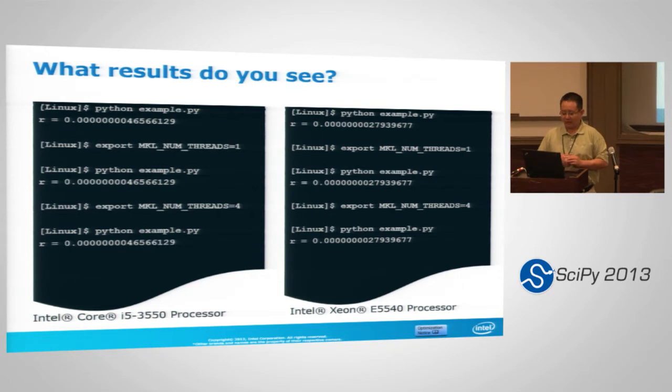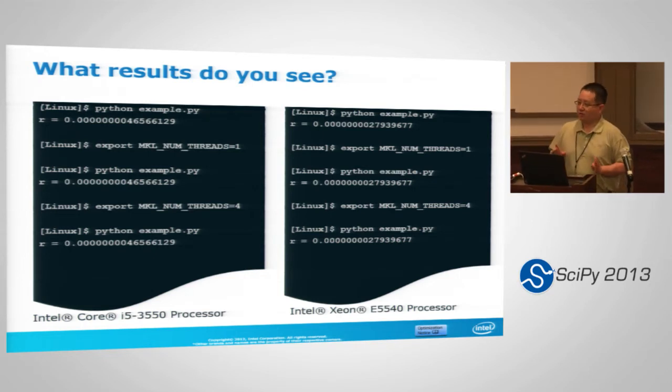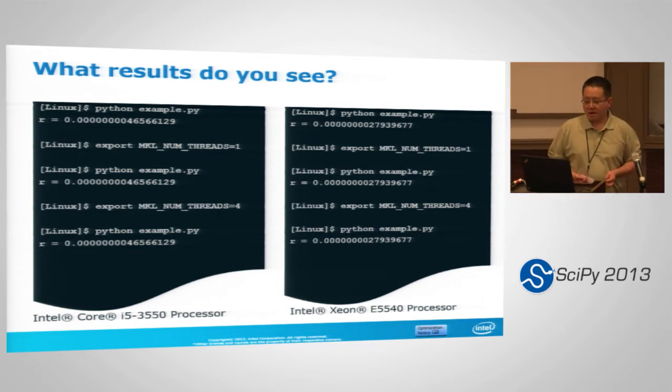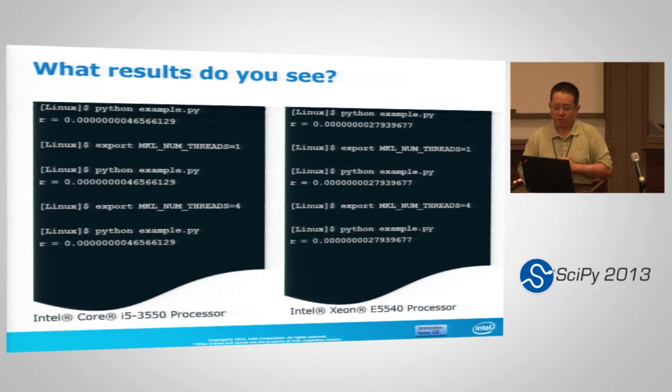So let's unify the number of threads. Let's say we just want to run sequentially on both of them. And still we get different results, right? So that means it is a reproducibility problem. Let's try different things. Let's set the number of threads on both of them to 4, and still the results are different. You guys can actually try what happens on Atlas. If you use Atlas in your NumPy, you get a different answer, different than either of those. So it is a reproducibility problem, okay?